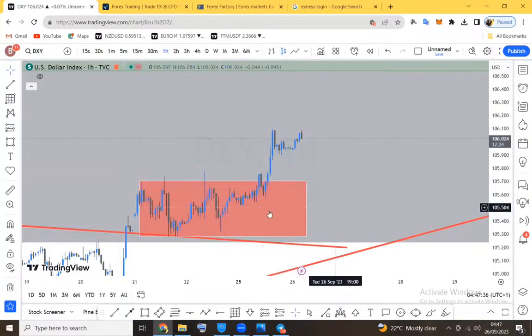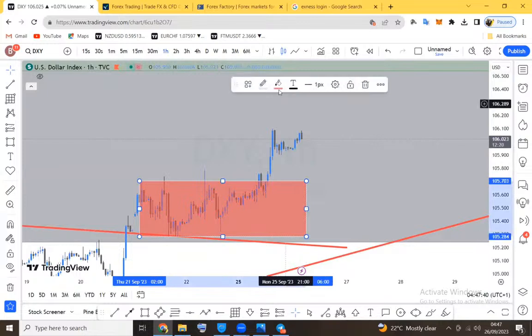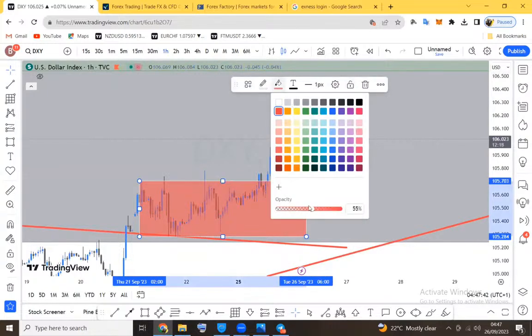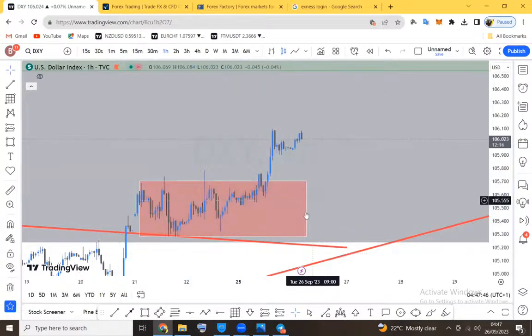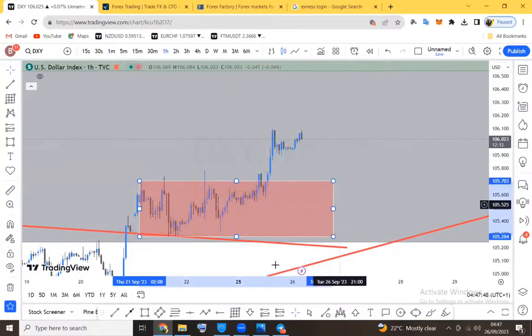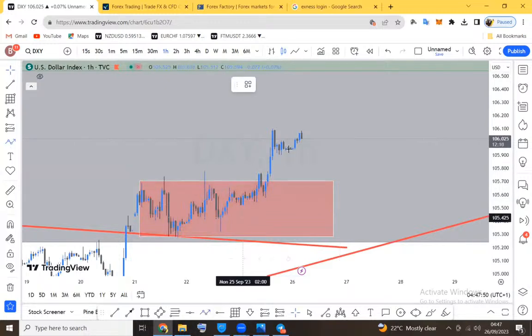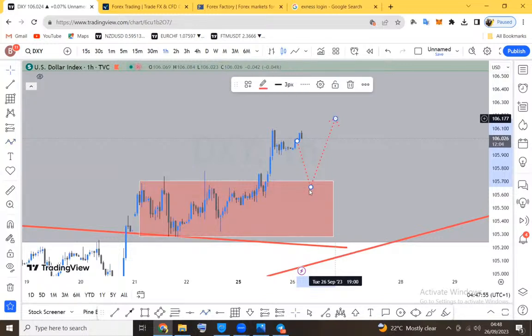And if I am to use the break and retest methodology to trade here currently, then I should be waiting for price to come back within the consolidation structure for me to execute. Here, price coming back here for me to execute will be a safe method. That is one. For me to look at an entry here, when price comes here, you'll be required to go down on smaller time frames to look for an entry and an entry confirmation.